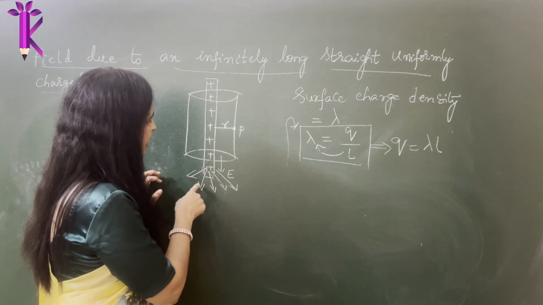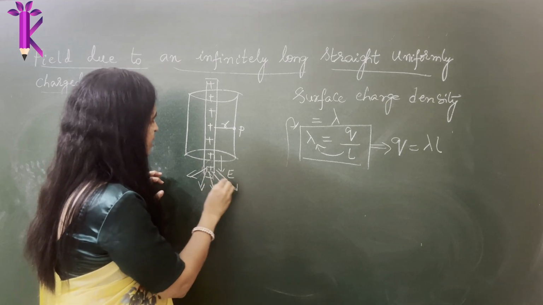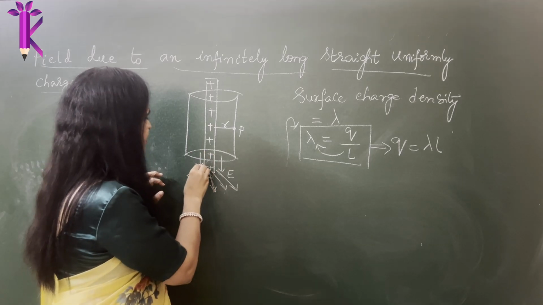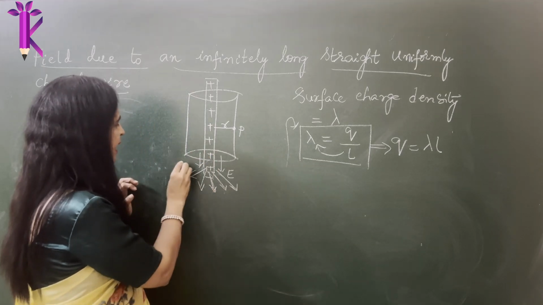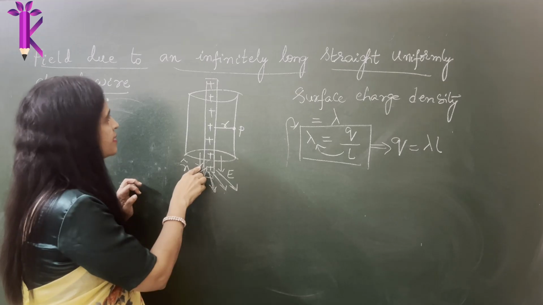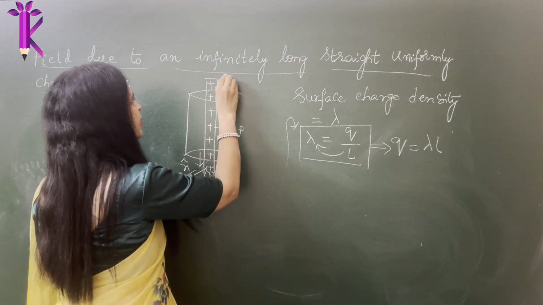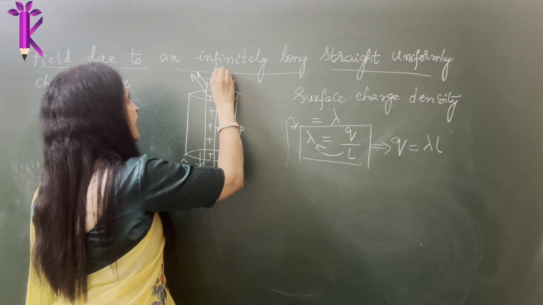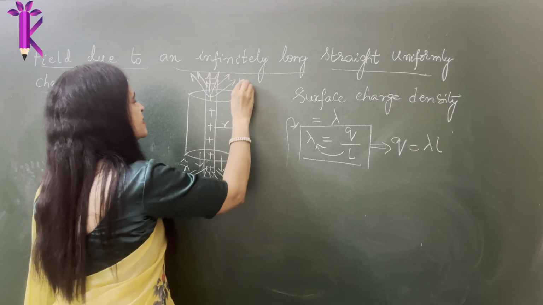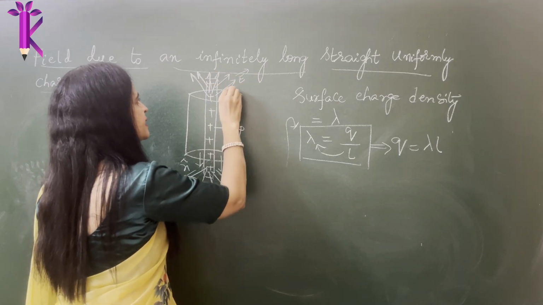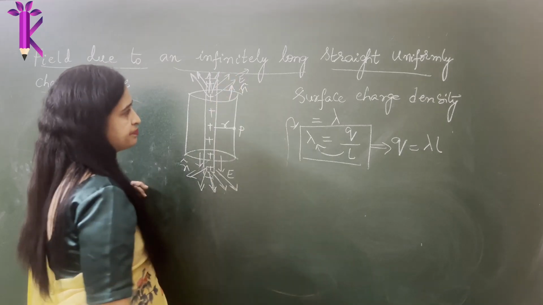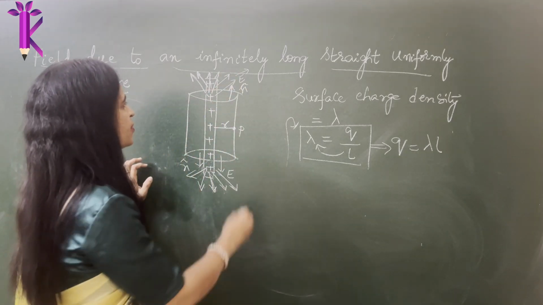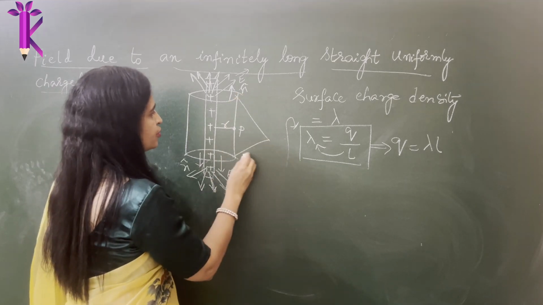So you see that this will be the direction of the electric field. They will be radially outwards, and here the surface area is also in the same direction. Even here it will be radially outward, right? So this is the direction of the electric field. This will be the direction of the area vector for the circular ends, but they are in opposite directions. So what will be the flux due to these two?